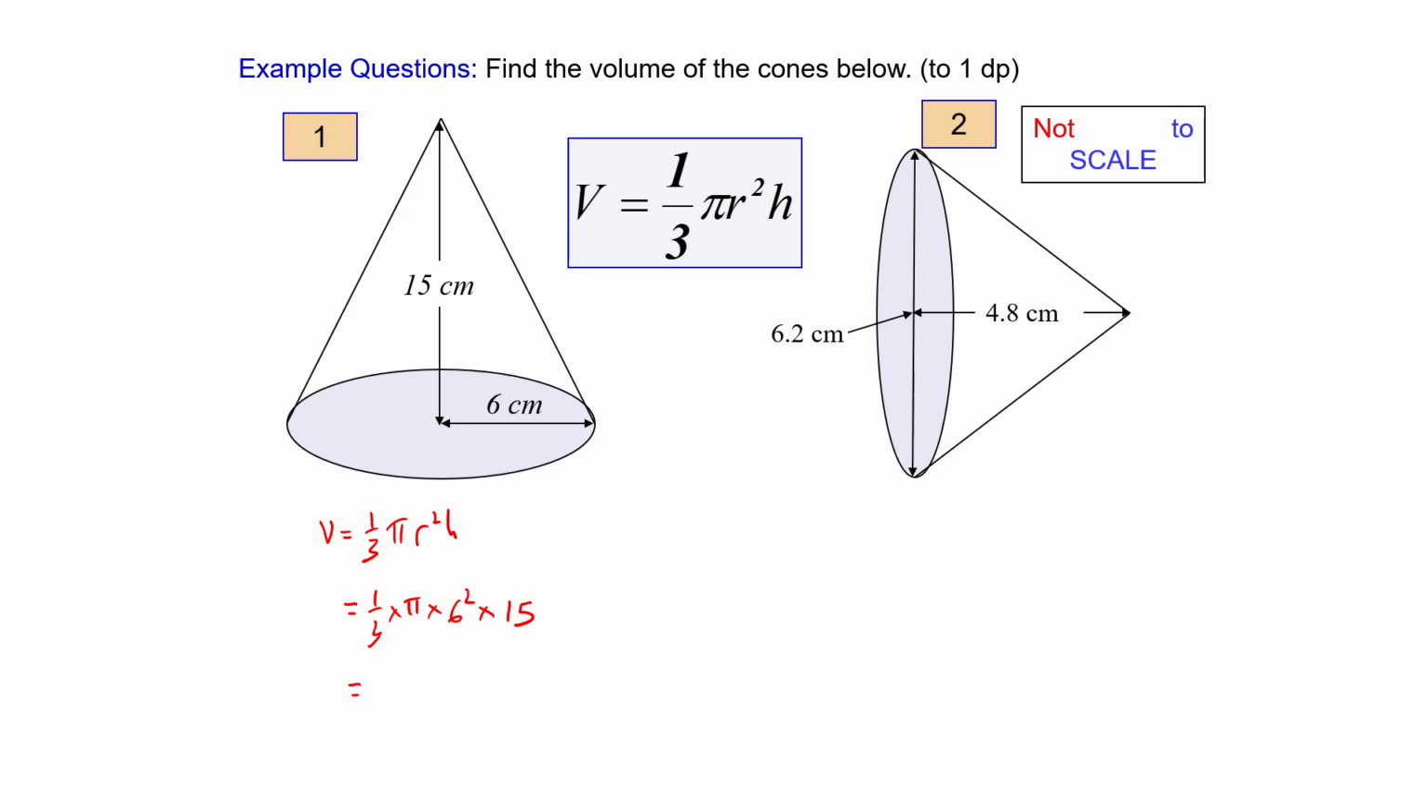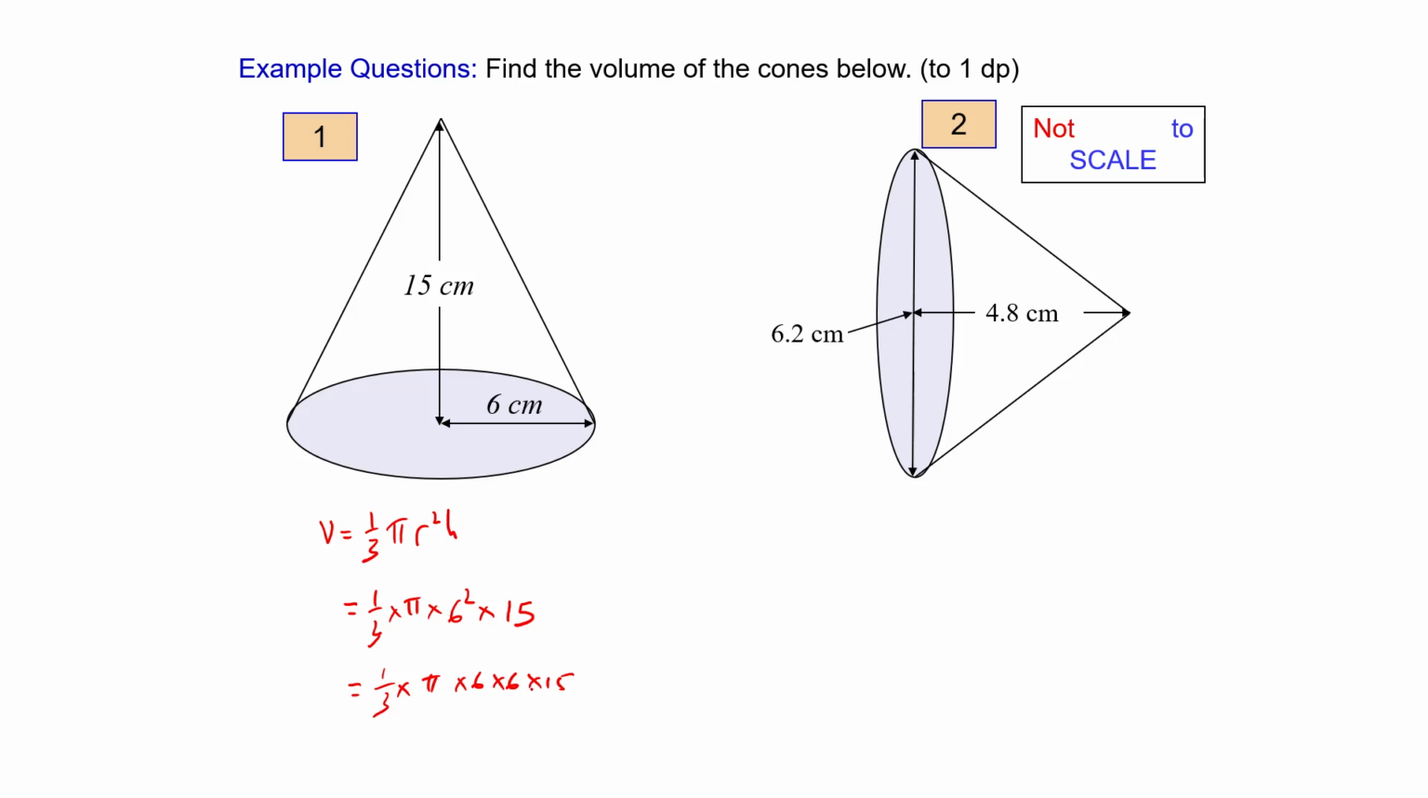Well, before we plug it into our calculators, we can actually work out a few of the numbers before we do that. So that's a third times pi times 6 times 6 times 15. 3 goes here 1, 3 goes into 6 2 times. Now 2 times 15 is 30, and 30 times 6 is 180, so we've got 180 pi,